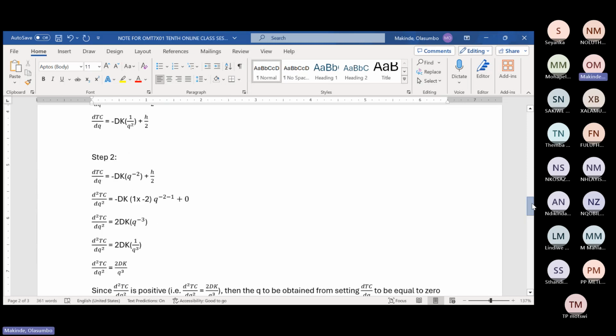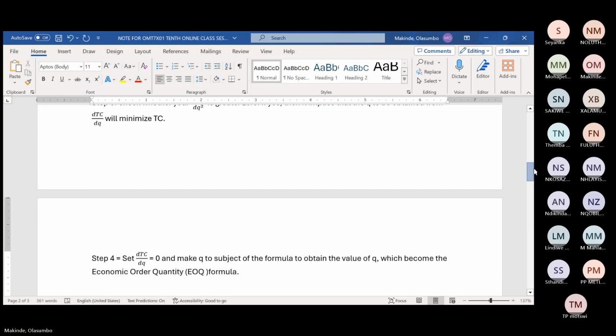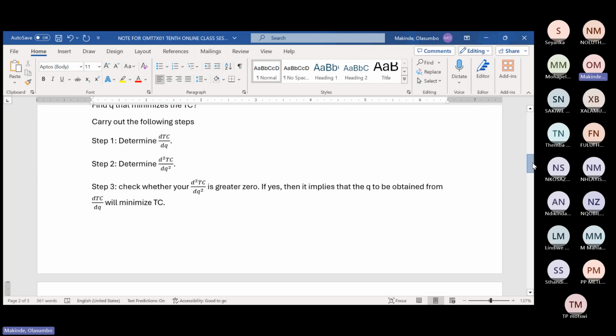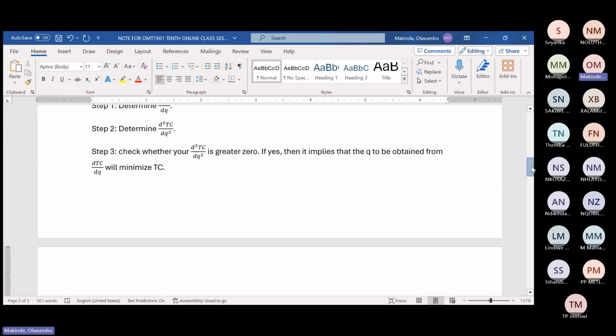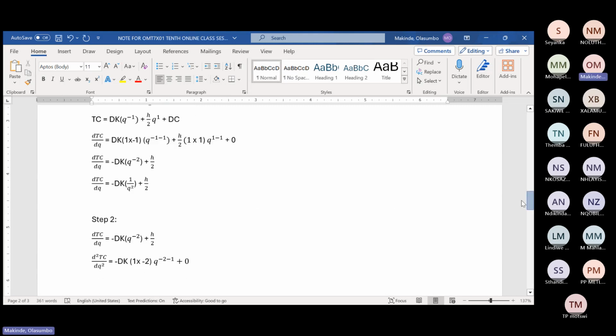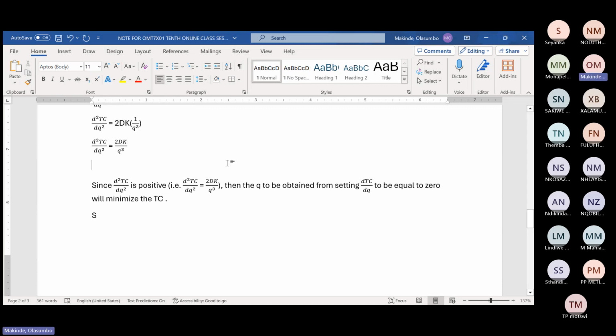Don't forget, this is step... let me see. We've done step 1, we've done step 2. Now we are going to step 3. Step 3, we have done that now based on this expression in terms of concluding whether it will minimize. That is step 3. Then step 4 now,